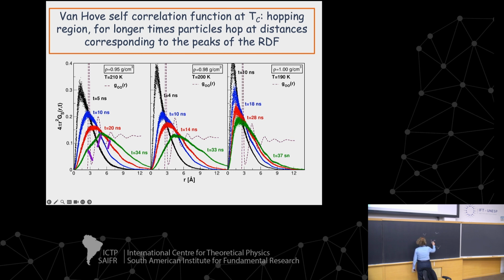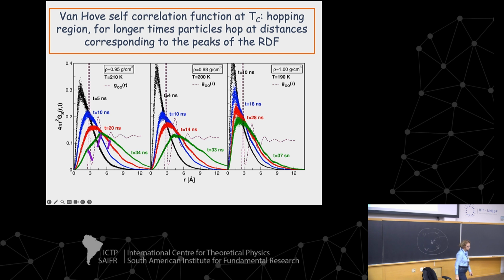It gets the fluctuation, it has to jump. It jumps to a favorable position. So if there is no neighbor here, for example, it jumps to the first shell of the g of r, or it can jump to the second shell of the g of r,